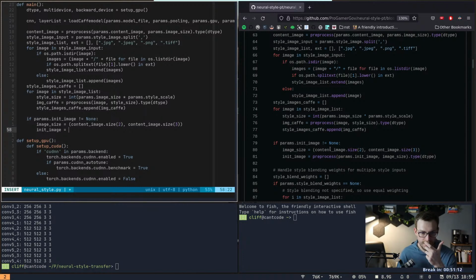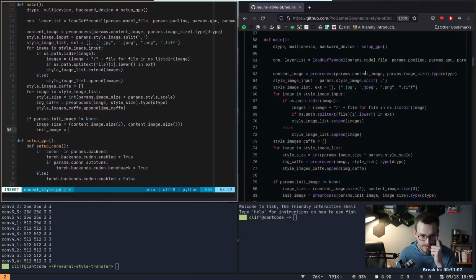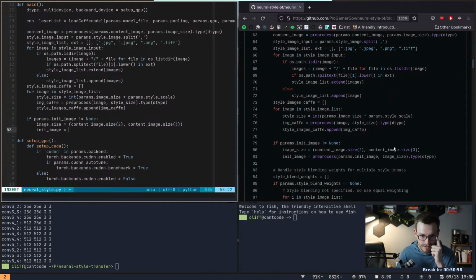I guess we're setting it here. We're getting the size of the content image at the second bit. And then the content image, okay, so content image is unsqueezed, which means you're going to have a batch, a channel, a height, and a width. So this is going to be the height, and this is going to be the width, and we're tupling it. Gotcha. And then the init image,